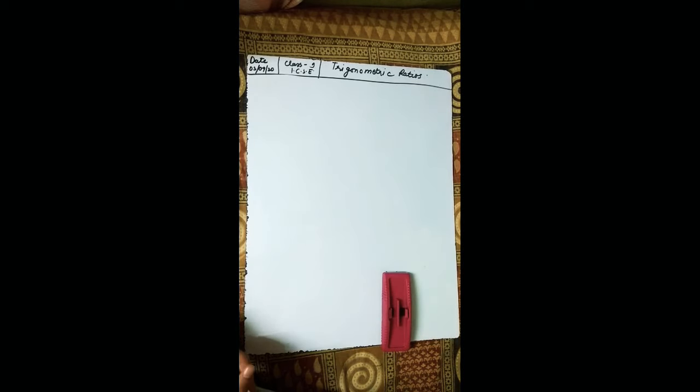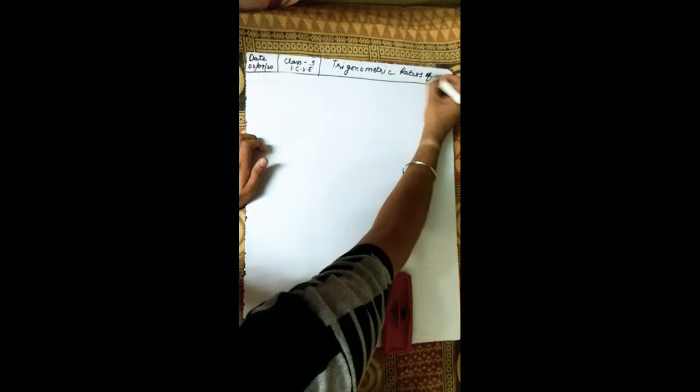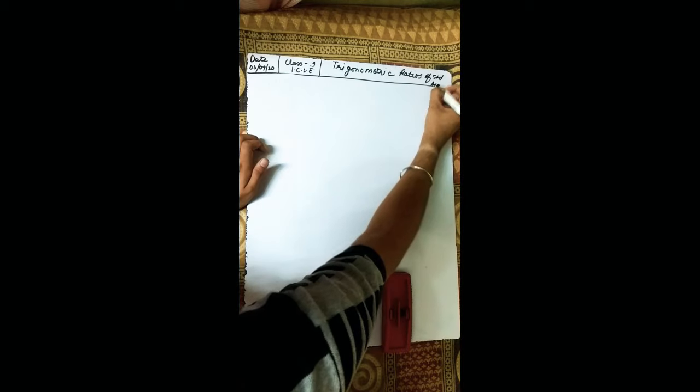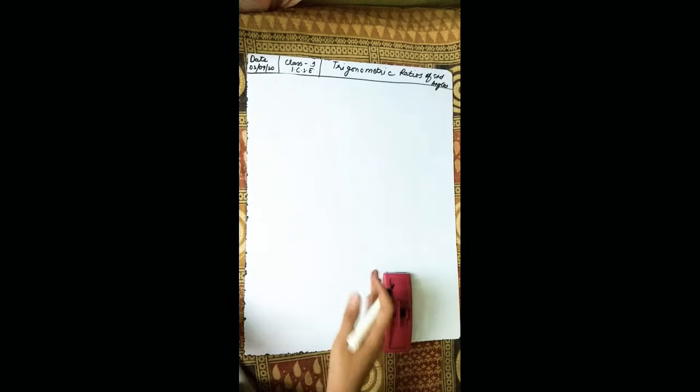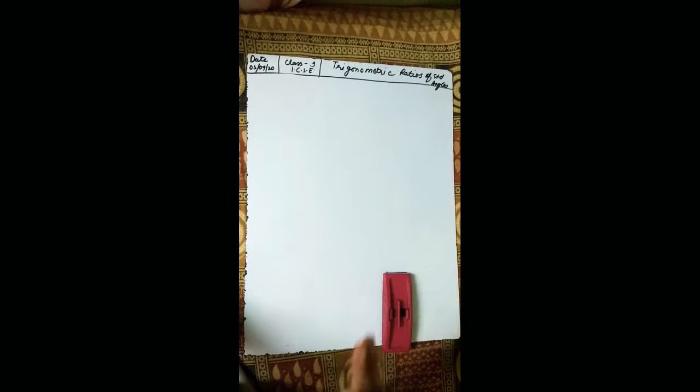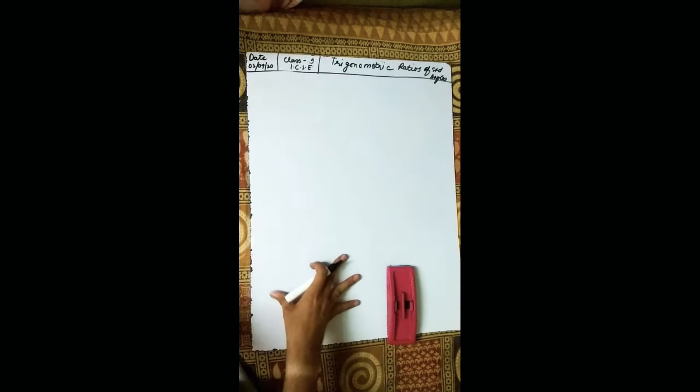Good morning, dear students. As we have completed the trigonometric ratio chapter in the previous video, today we are going to head to the next topic, that is trigonometric ratios of standard angles. But before that, some of you are facing problems with question number 6 of exercise 1B. So let me quickly solve and explain it first. Then we'll go to the next chapter.